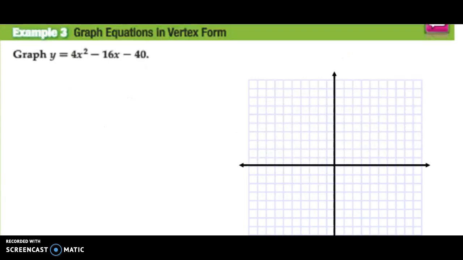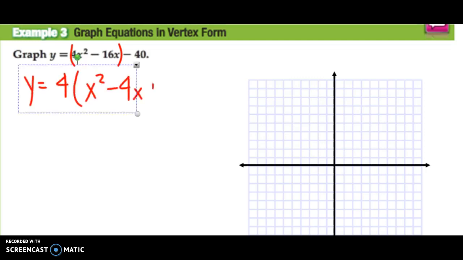So here's our next example. We're asked to graph this in vertex form. So what we're going to do is first put this equation into vertex form. Put parentheses around the first two. I notice there's a 4 in front of x squared. So I say y is equal to 4 times the quantity, x squared minus 4x plus blank, and then minus